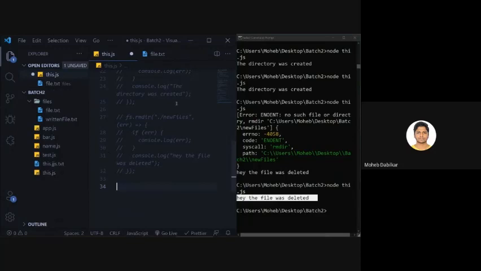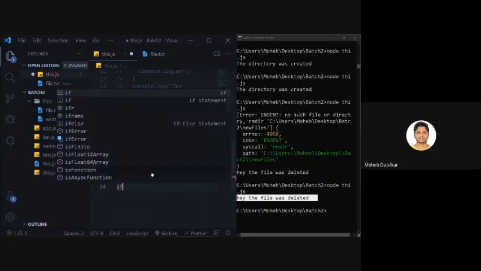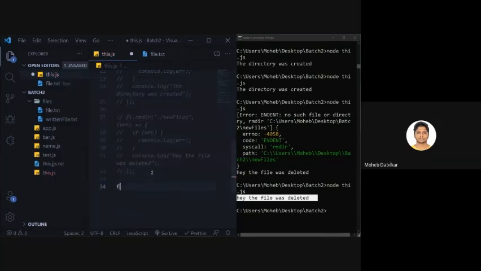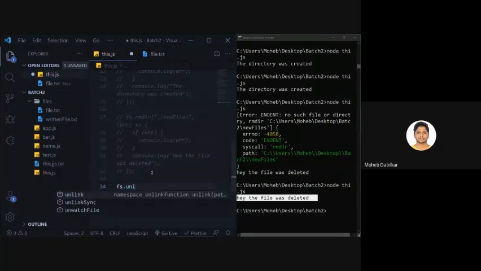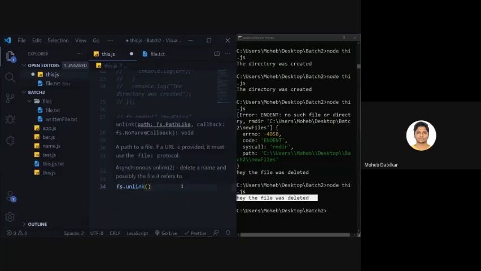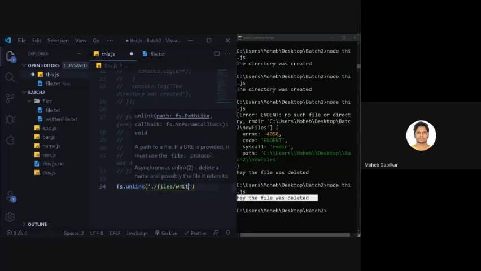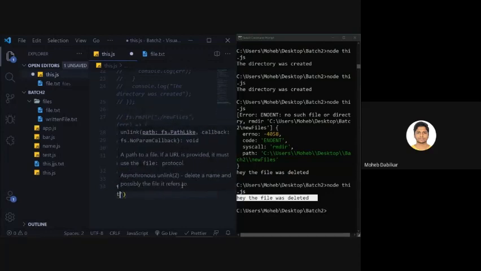First of all, that file needs to exist. So right now we will delete the written file for us. We will say fs.unlink. You don't use that rmdir, something like that. What you use is unlink. This also is a function. It takes in the name of the file that you want to delete. So we'll say files and then slash returnfile.txt.